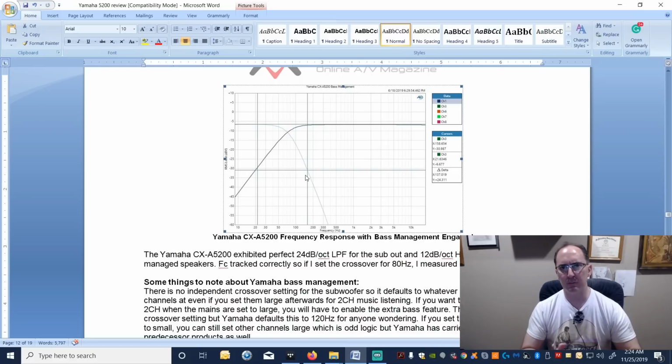Yamaha doesn't even have the ability to adjust that. But after testing it, I've determined that that's basically the default. It's programmed into the unit. So that's not something to worry about too much. But one thing to note is if you're running large speakers on this and you engage the enhanced bass, so you can have your subwoofer engaged during 2-channel, make sure you set your crossover point on your main speakers